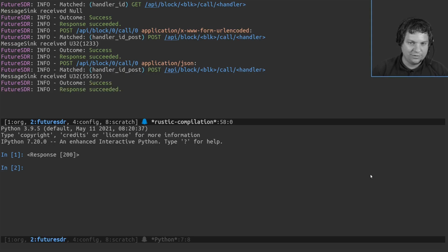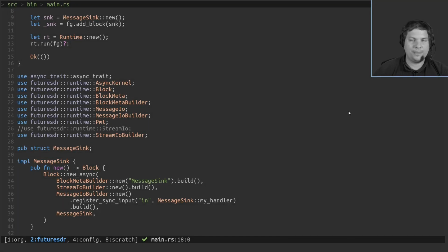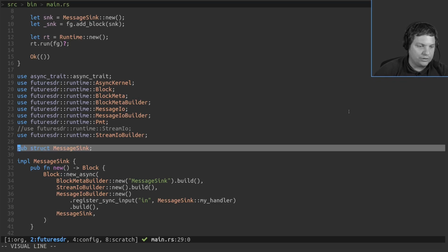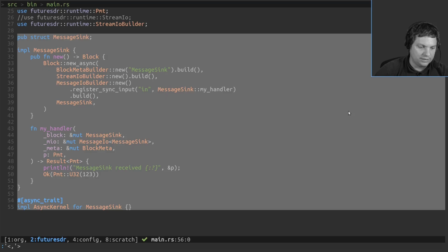Okay, so this is for the control part of FutureSDR. Okay, so we already looked at the message handler. Now we look a bit more at stream data processing. It's the second main way to shuffle data around in FutureSDR. And I thought one thing we could try to implement is a TCP source.